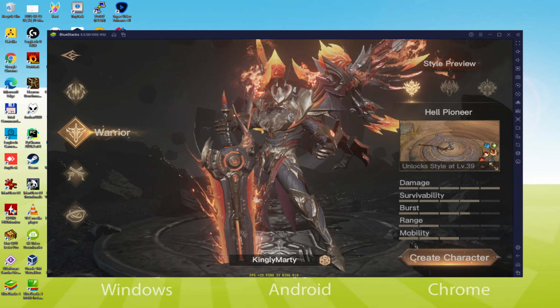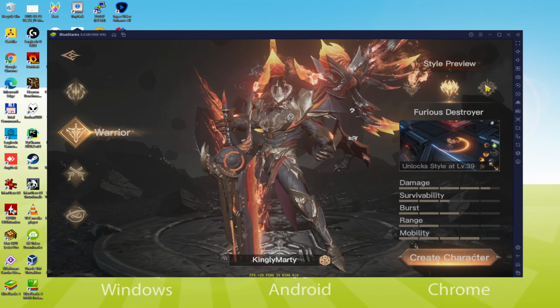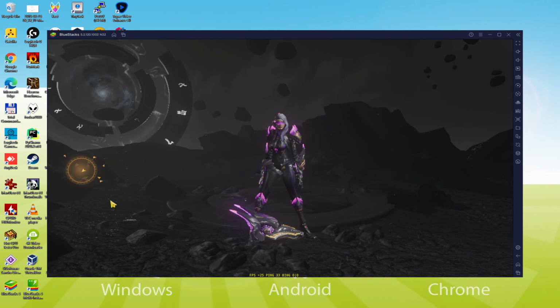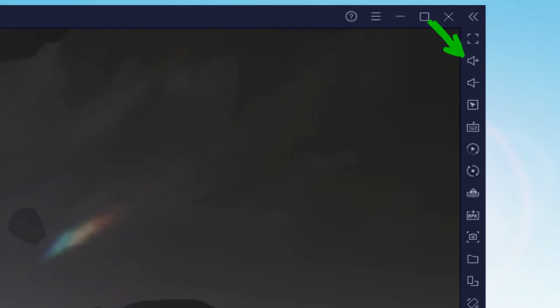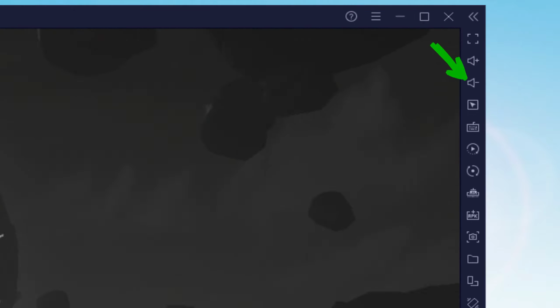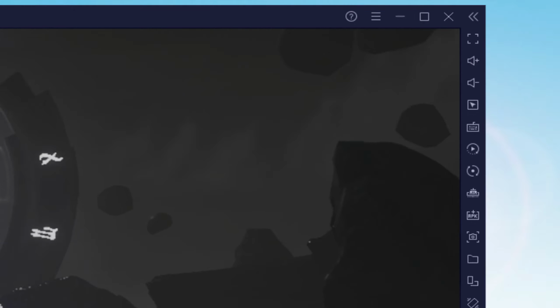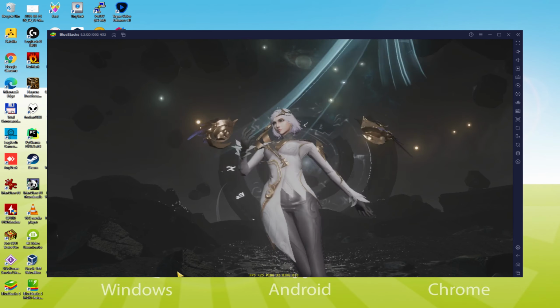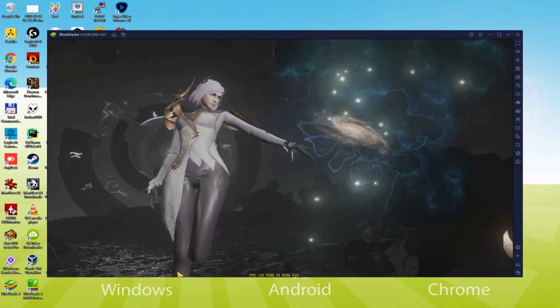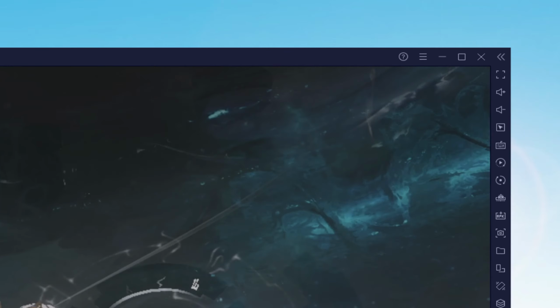I can also click anywhere on the screen and also make use of the keyboard. I have to comment on the sound level of this emulator. It is right here. We use the icon of higher volume and the icon of lower volume. This way we don't depend on the Windows volume to increase or decrease the music of the emulator. And to enjoy the experience to the fullest, we could activate the large monitor, for which we have two options. This one is the first one.